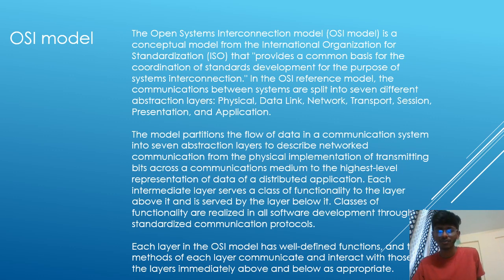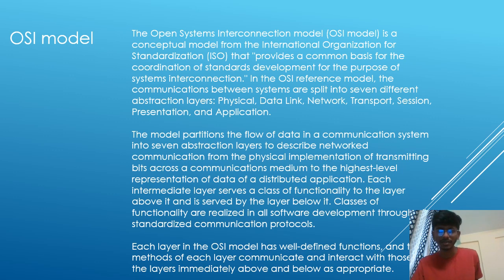In the OSI reference model, the communication between systems is split into several abstract layers: physical layer, data link layer, network layer, transport layer, session, presentation, and application. The model partitions the flow of data in a communication system into seven abstract layers to describe networked communication, from the physical implementation of transmitting bits across a communication medium to the highest level representation of data of a distributed